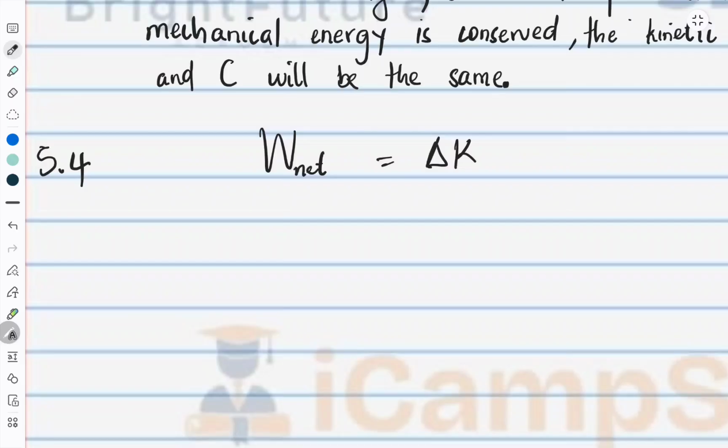That's basically the work energy theorem. So if obviously they hadn't stipulated that we must state it in word form, we would use just a formula and this would be enough. But it has been stipulated that you must state it in word form. So in words, you would simply say